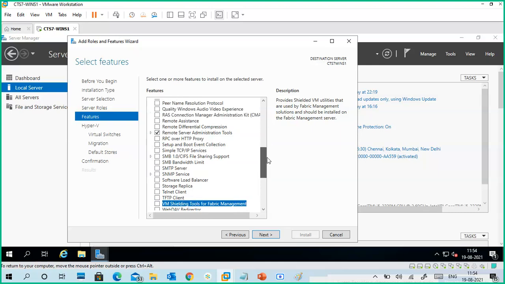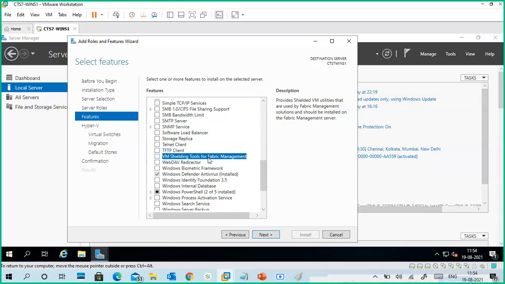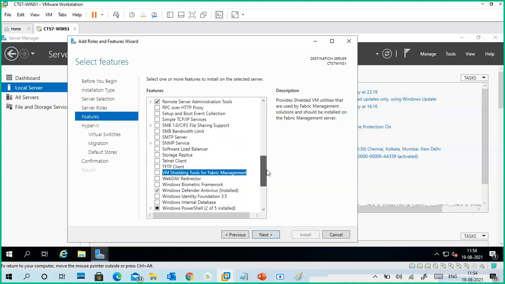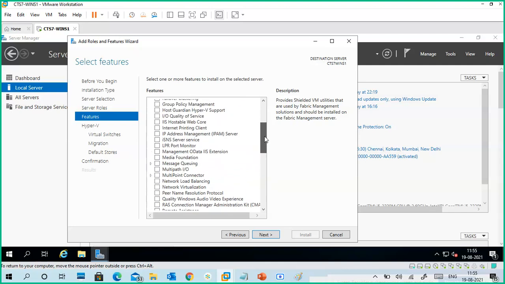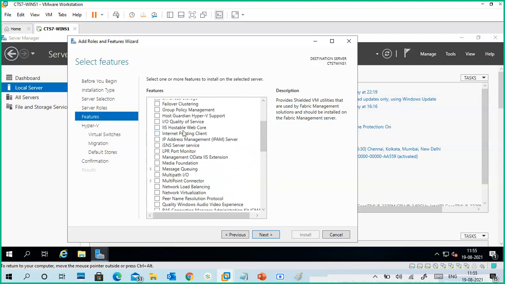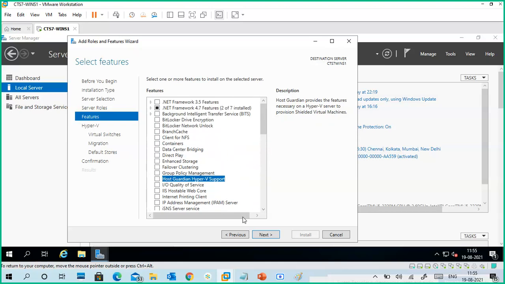That is a shielded virtual machine. This option is for fabric management, but what we actually need is Host Guardian Hyper-V Support. That is required for shielding purposes.